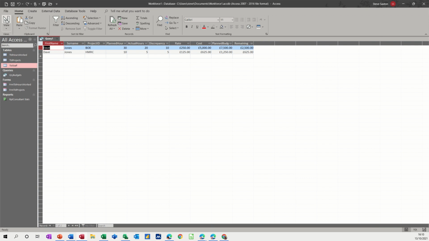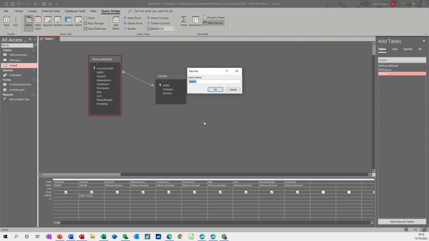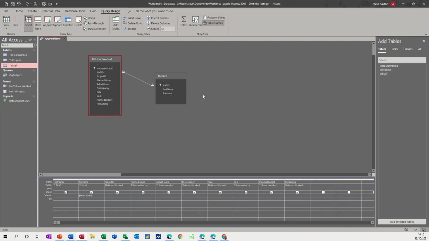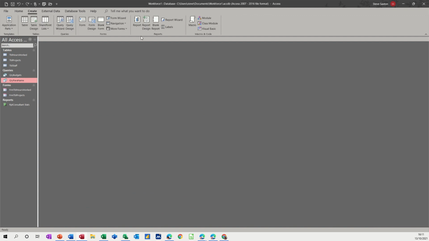So I will save this query. Go back into design. I'll save this query as QRY para name. So okay, so parameter query is for name. Then what you do, if I close that one down for a minute, if I base a report on that, create report, I'll do just the report straight off. Because it's looking at a parameter query, because I had that highlighted, it's just going to ask me straight away, and I'll type in the name again, and then it generates a report,